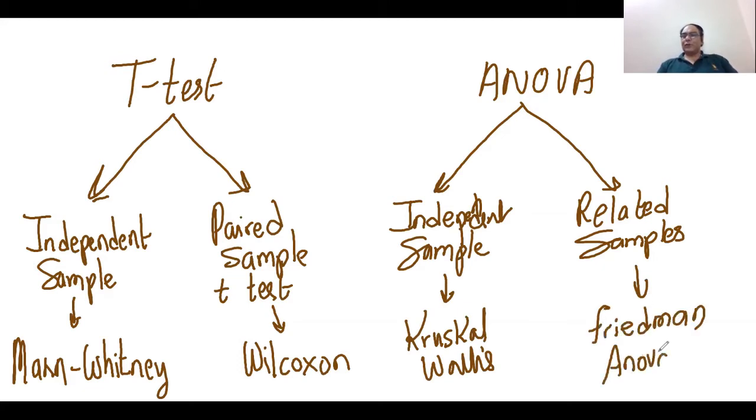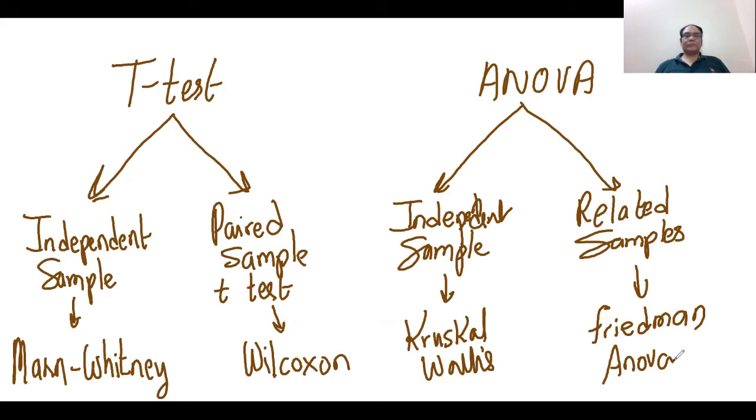So this table you should not forget. When to apply Wilcoxon, when to apply Mann-Whitney, when to apply Kruskal and Friedman ANOVA. This table will give you guidance on which test is required. Independent samples means samples are different: male, female, MBA, BTech, marketing department, finance department, or education department, science department. All these samples are different, so different means independent samples. When you are having 2 different samples, go for Mann-Whitney. When you are having 3 or more independent samples, go for